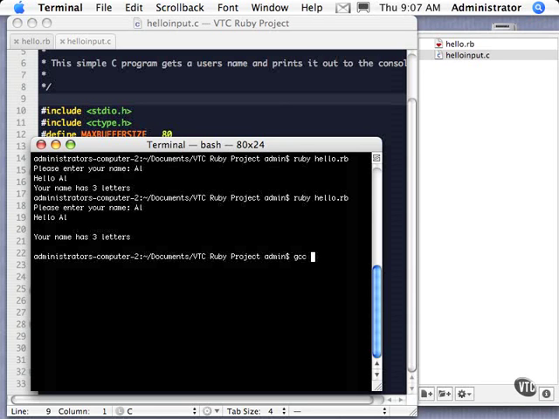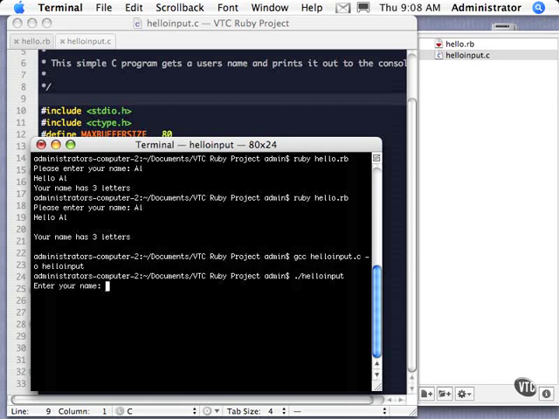So to compile this, we're going to use GCC, which is just the name of the compiler. And we'll go ahead and type that in here. And really, that's just what I wanted to cover is how you would use something like this. So I give it the name of the file, and then I'll give it an output file name. And then it compiles it. Now the file actually exists, and I'm going to execute it here